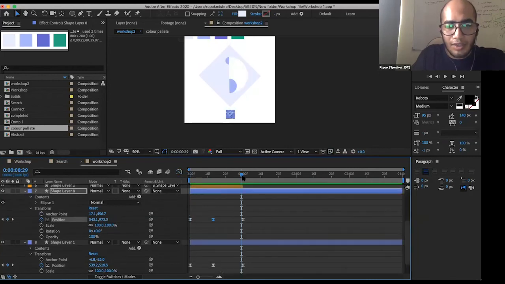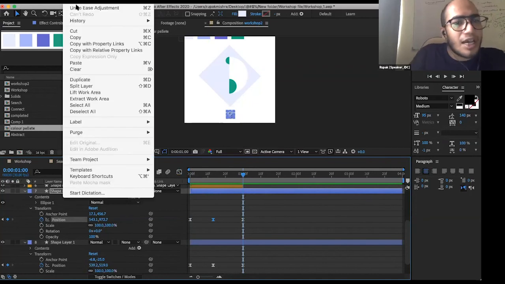Okay, guys, we are slowly coming to the end now. So when this color changes at this point, I want the color of this circle to also be changed. So we'll do the same split thing that we have done earlier. You can select the layer, go to the edit, and select the split layer option.